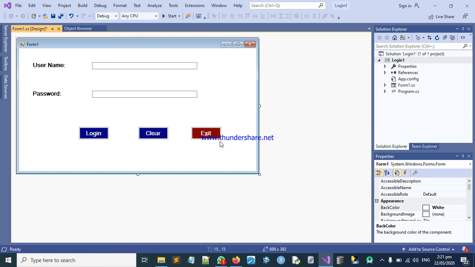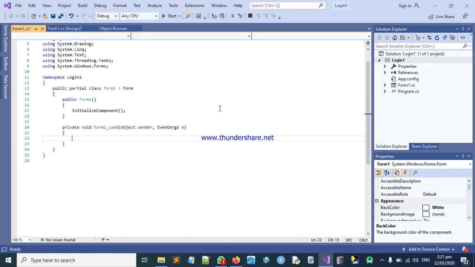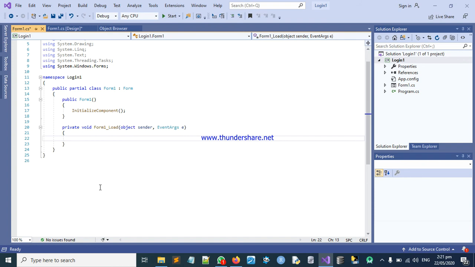That's where I need to put the codes together. Okay, so I'll just double click on this environment. Just double click, it takes you automatically to the code area. Okay, so this is the code area. So the first thing I need to do is to get a data type and then get a variable that I'm going to use and the data type that goes with it. Okay, so I'm going to say string